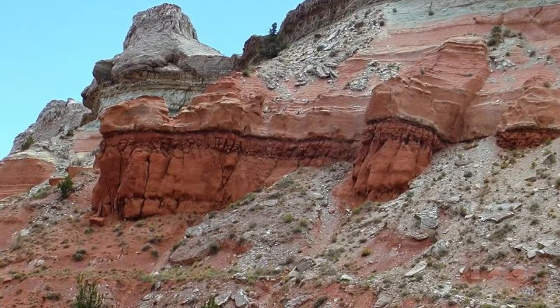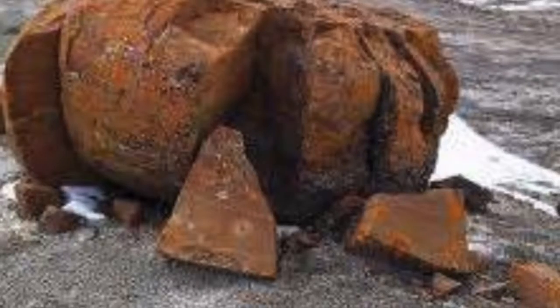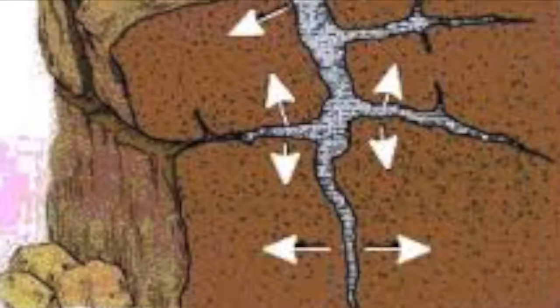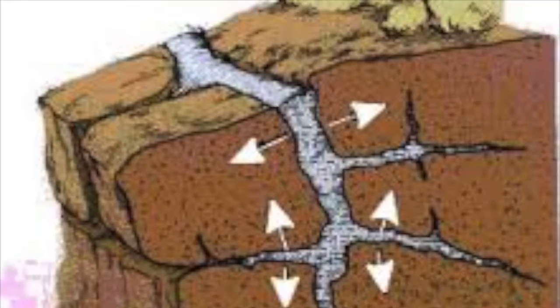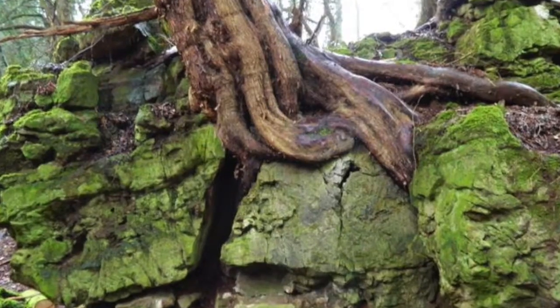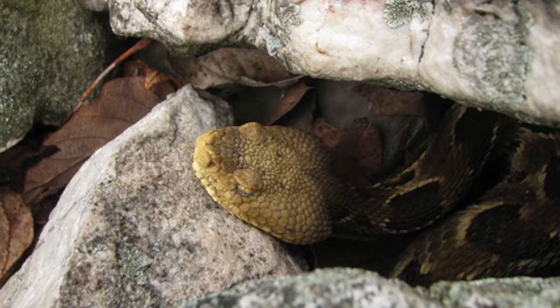When rocks are exposed to air, water, and chemical compounds and start to break down, this is known as weathering. Physical weathering is the mechanical breakdown of rocks and minerals caused by the freeze-thaw cycle, plant roots, or burrowing animals going into cracks and breaking rocks apart.